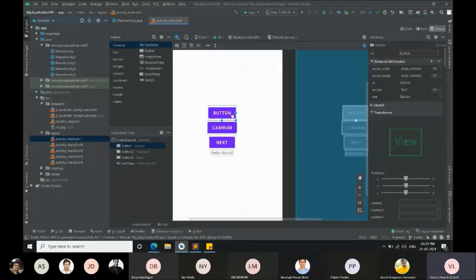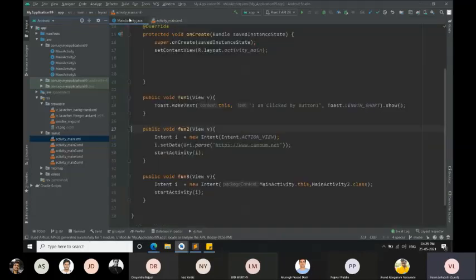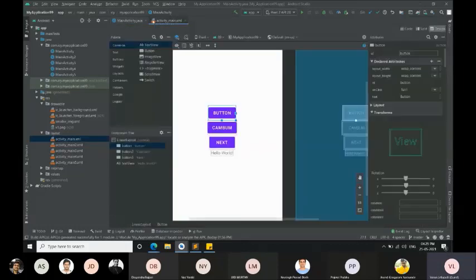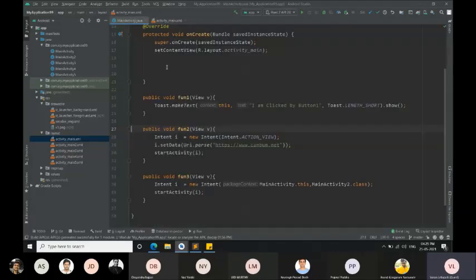After the user clicks on this button, the onClick function is fun1. What is this fun1? It is just showing some text, "clicked by button 1." This is what you saw previously. Coming to the second button, Cambum, it says onClick fun2. What is fun2? Fun2 is nothing but Intent i with action view. This is the website that I gave, cambum.net, and start activity. It immediately opened Chrome and opened that website.